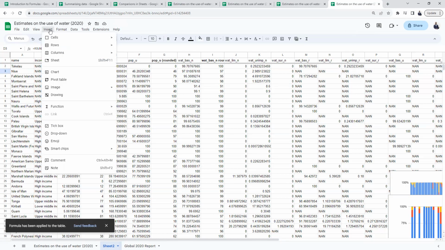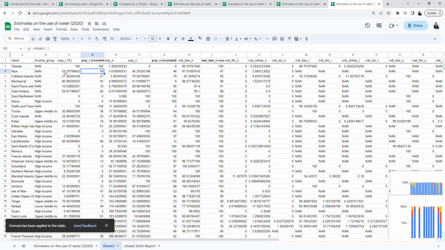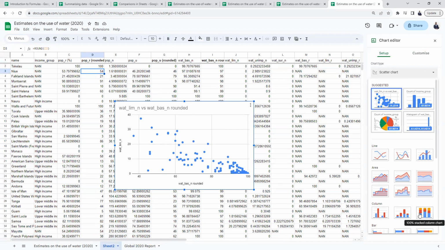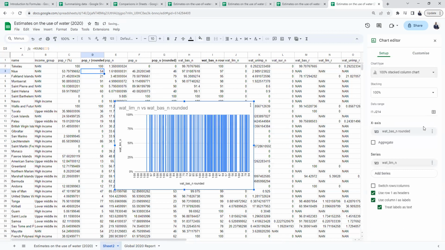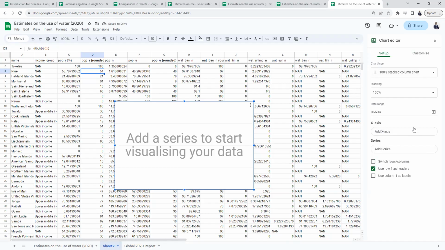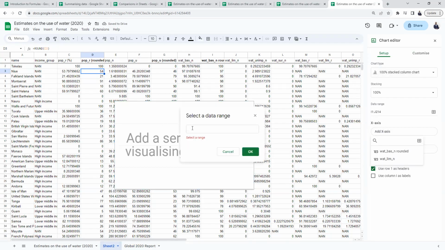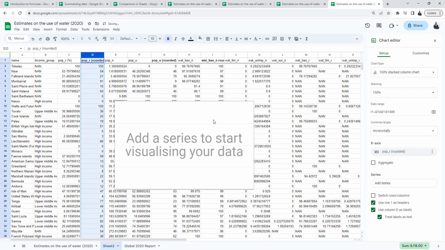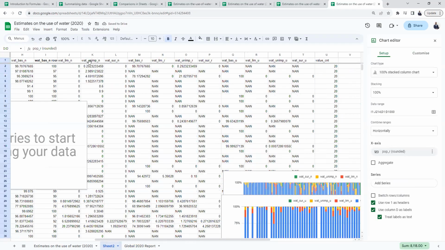Okay. So we'll go through the steps we used in creating the pop U chart. We're not using the scatter chart. We are using the stack column chart, sorry. And then this is not what we are using. We're not using this as well. Okay. Now x-axis is pop R rounded. Okay. So we select and we'll highlight pop R rounded. And then the series is going to be everything under R, water base R, limb R, unimproved R, surface R. Okay. So we come to series,